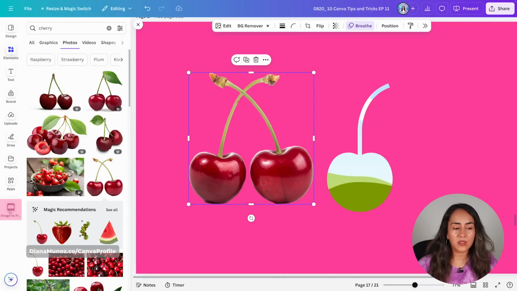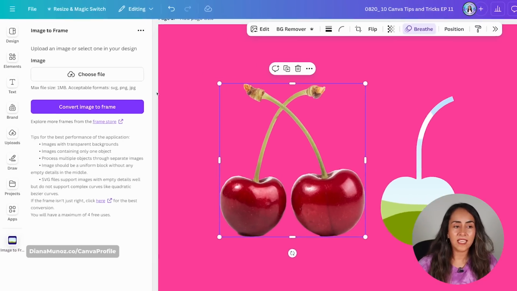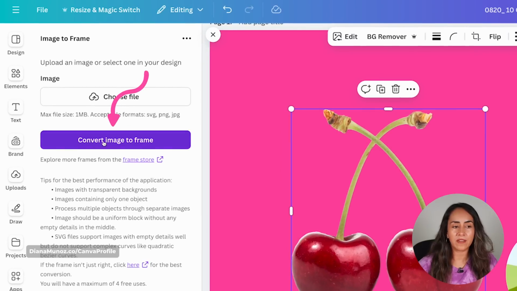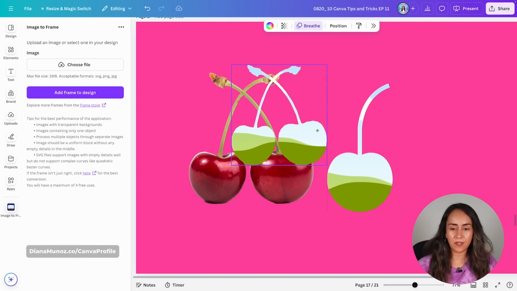Now let me go back to image to frame, having this image selected, and then you can see that we have this button that says convert image to frame. Here we have to be careful because there is this line that says you will have a maximum of 4 free uses. I think this is the third time I'm gonna use this app, so this should work fine. Let me click on convert image to frame, and as you can see, after a couple of seconds